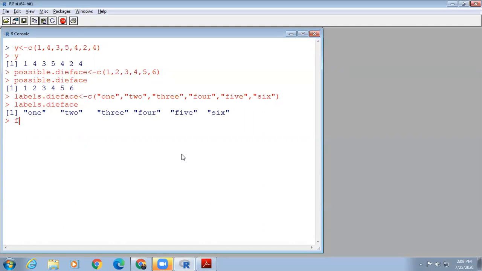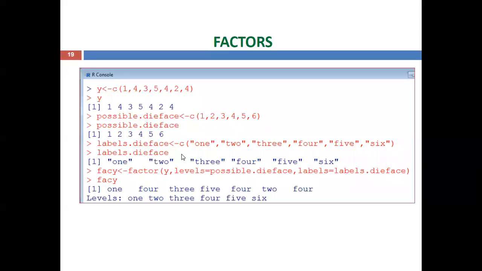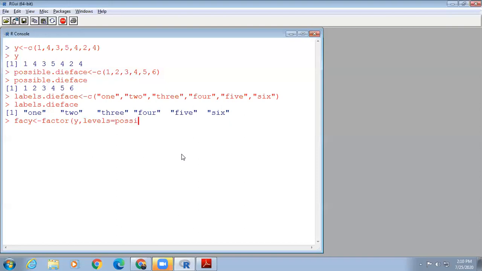Now we are constructing a factor for the variable y. So factor FACY equal to using the command factor of, first you can use y, the vector, then levels equal to possible.dice, then labels equal to, which vector will use, labels.dice.